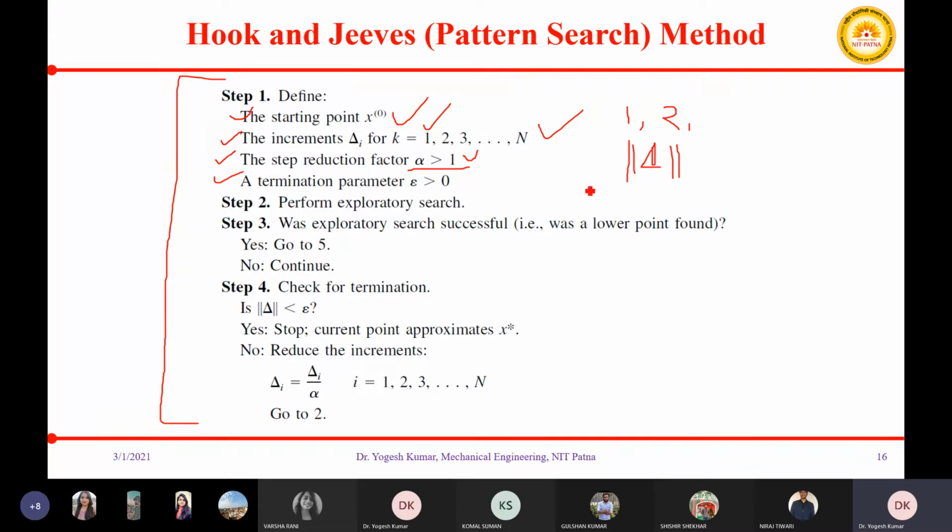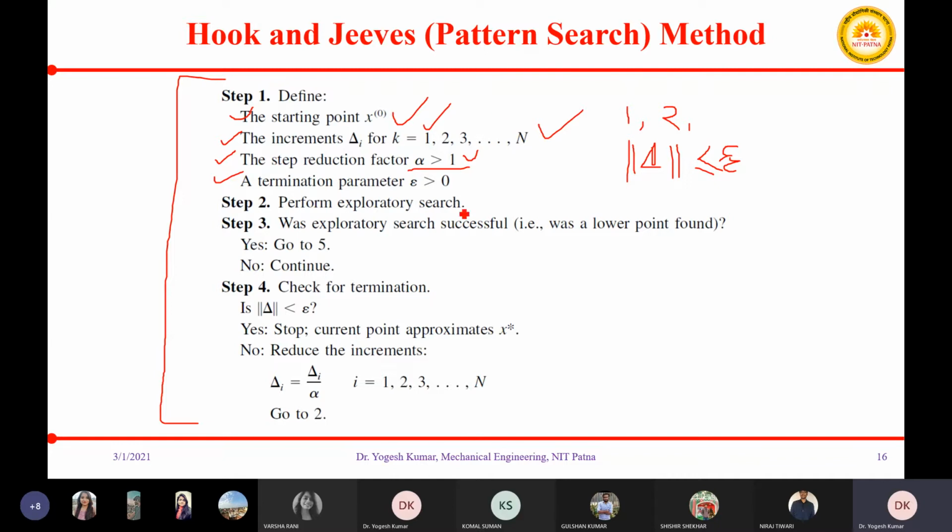Okay, so if your step increment is less than a certain value, or say, sorry, okay, so if your termination parameter is less than a value, you will terminate your algorithm.